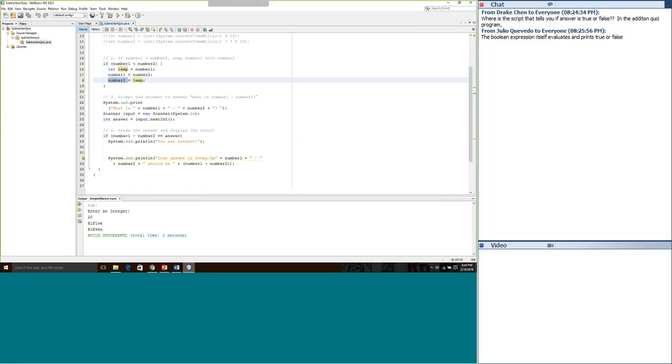Third step, print out what is number 1 minus number 2. Let's print this here. Let's run this. All right, so it generated 6 and 1. It put 6 as the first one, and 1 as number 2. So number 1 is 6, and number 2 is 1. And it says, what is 6 minus 1?